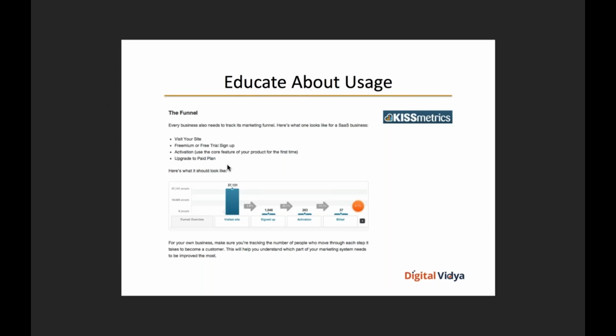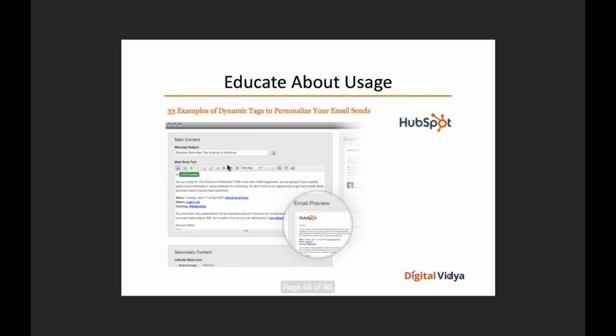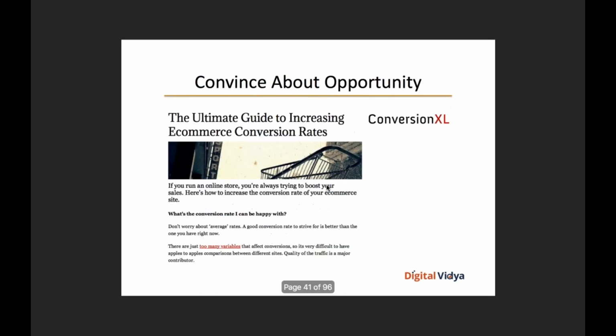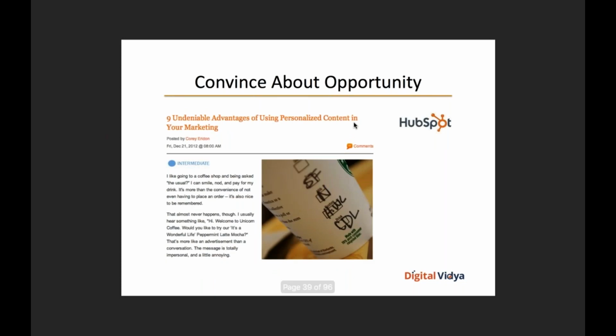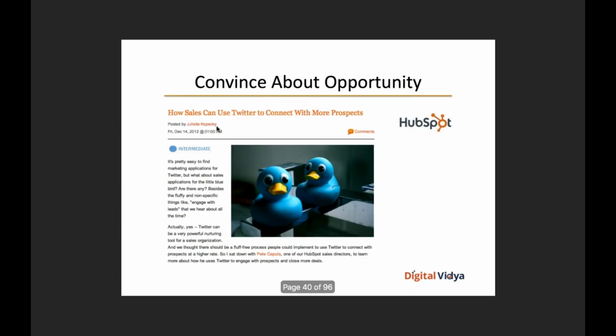So this is a slightly stronger play compared to the earlier one, which was slightly more generic and high level, about educating people about the opportunity. Here, this is more ingrained about the product itself. Here they're talking about how you can use dynamic tags to personalize your email. Earlier, if you were to go back 3 slides, HubSpot was not talking about itself. In that particular slide, which I'm sure all of you are able to see, it talks about how personalized content is hugely advantageous when it comes to your marketing efforts.